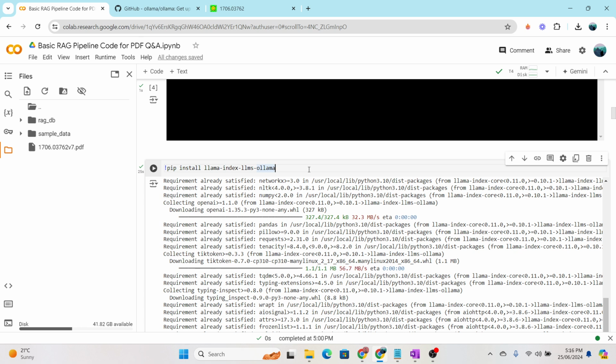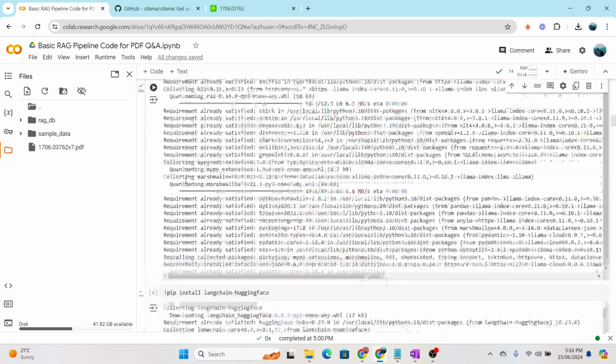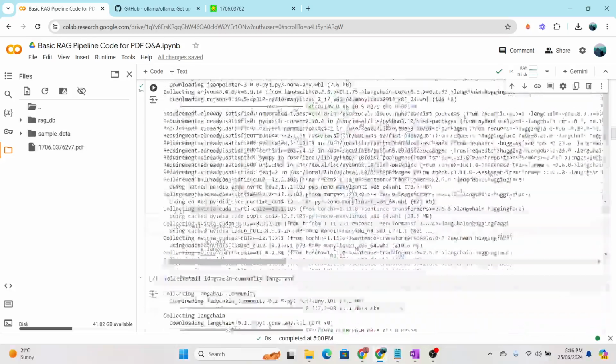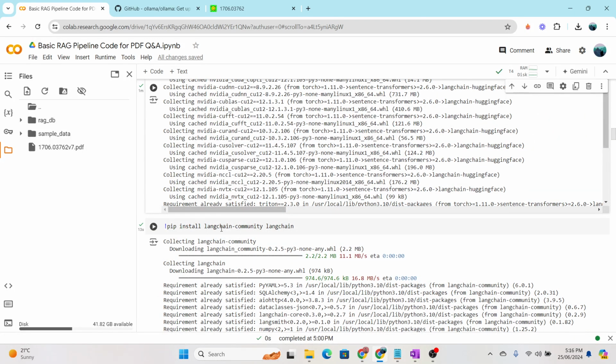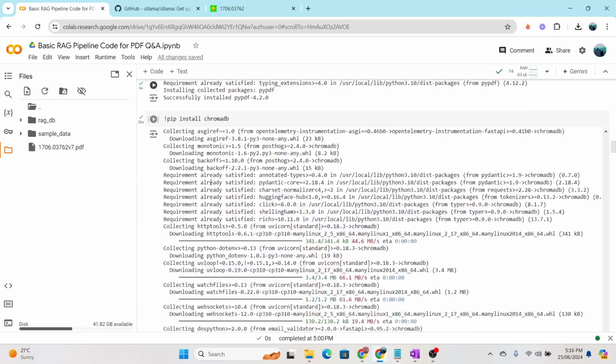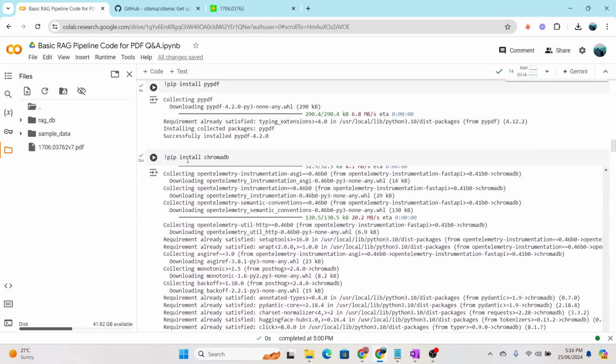So LlamaIndex also integrates Ollama. So pip install llama-index-llms-ollama. And then there are other libraries that I need to install for the next steps. So langchain-huggingface, langchain-community and langchain, and pip install pypdf for processing the PDF files, pip install